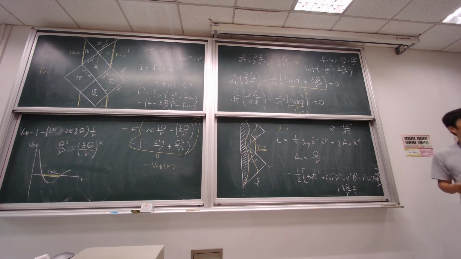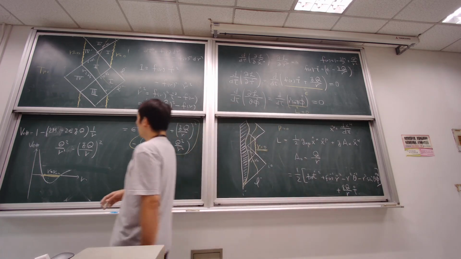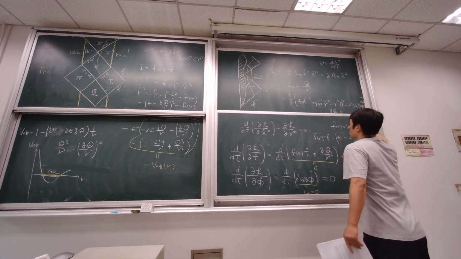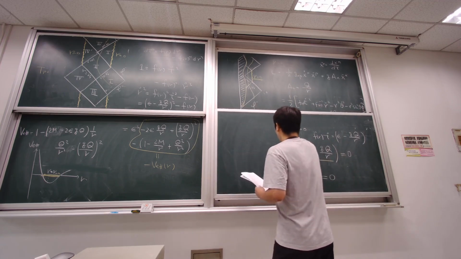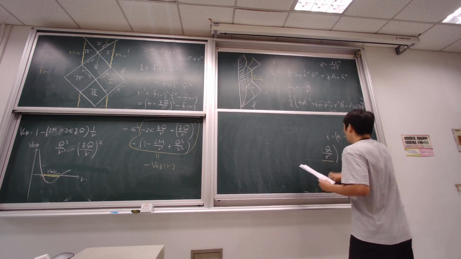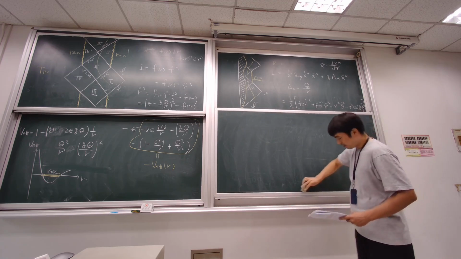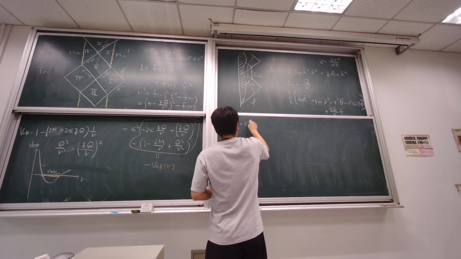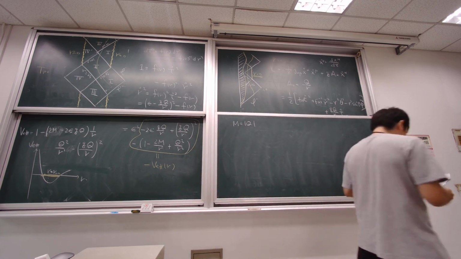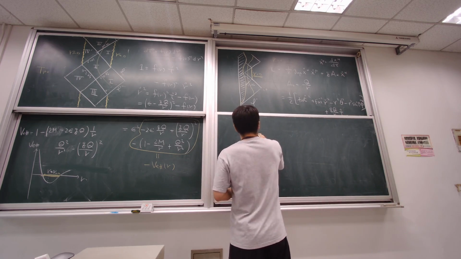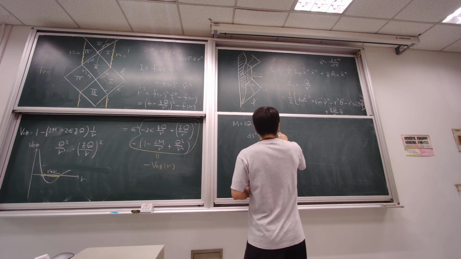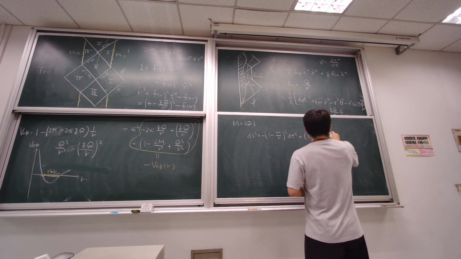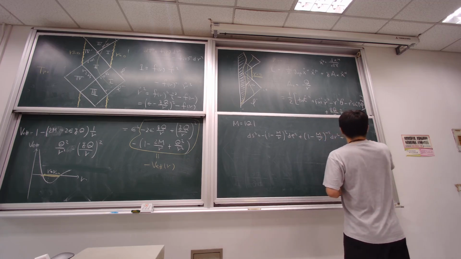Any question at this moment? If not, I will move on to some other particular case called extreme, where M is equal to capital Q. Then in this case, the metric becomes like this: ds square is equal to minus (1 minus m over r) square dt square plus (1 minus m over r) to the minus 2 dr square plus r square d omega square.